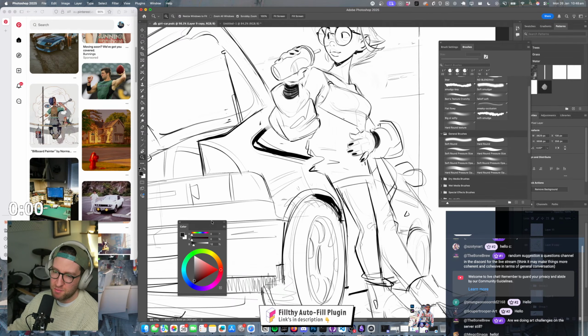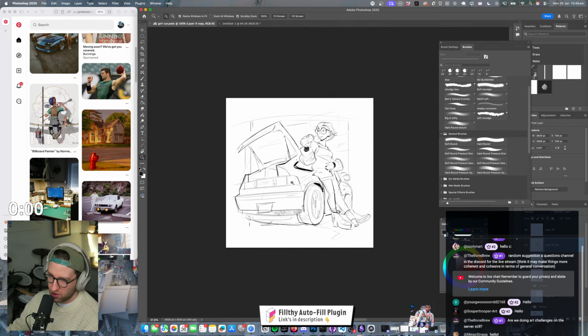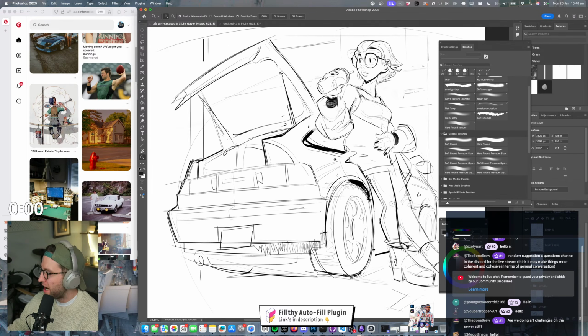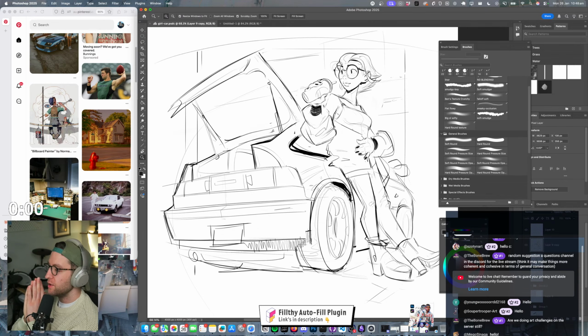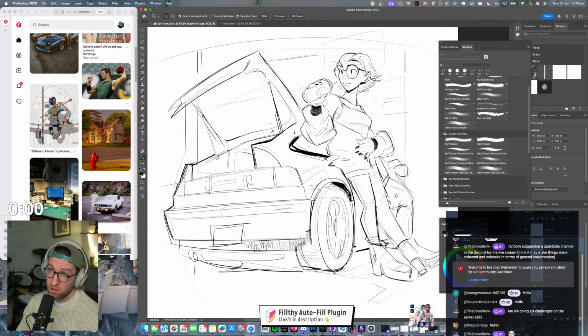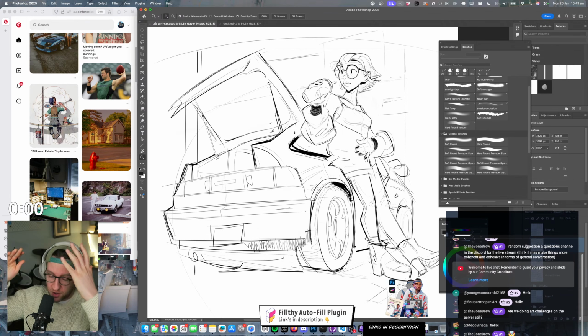I was thinking, this was my initial thought, that I would like to play around with more simplified rendering techniques that still get the idea across really nicely, but don't look too digital. I don't even know what I mean, so I don't expect you to understand what that means. But that's what I'm going for.